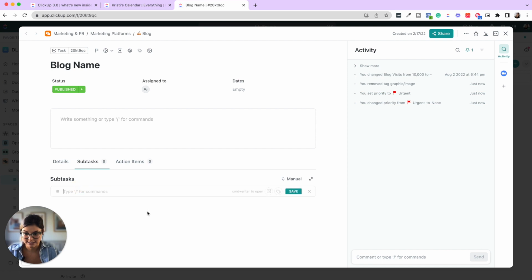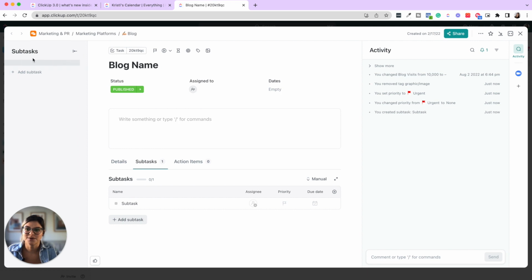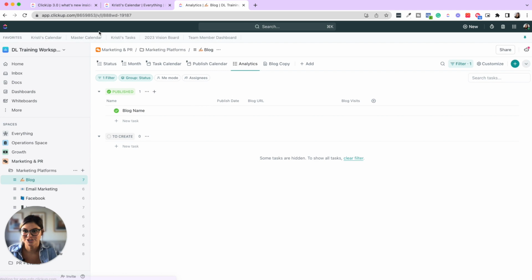Subtasks are obviously subtasks. So let me create one so you can see how, if you create a subtask, it also has this kind of navigation bar feel, which I really love. I'll let that load for a second. And then action items are checklists. So I love the way that this looks. Let me refresh this, open it up again to see if the